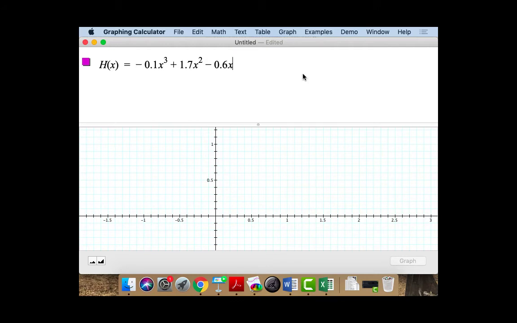In this function here, that x is just a placeholder that's defining for whatever you want to put in that spot later, whether it's another letter or a numerical value is up to you. So if I want another command line so that I can tell it to do more stuff, I'm going to hit the command button or control button, I forget which one it is on a PC, and then return,